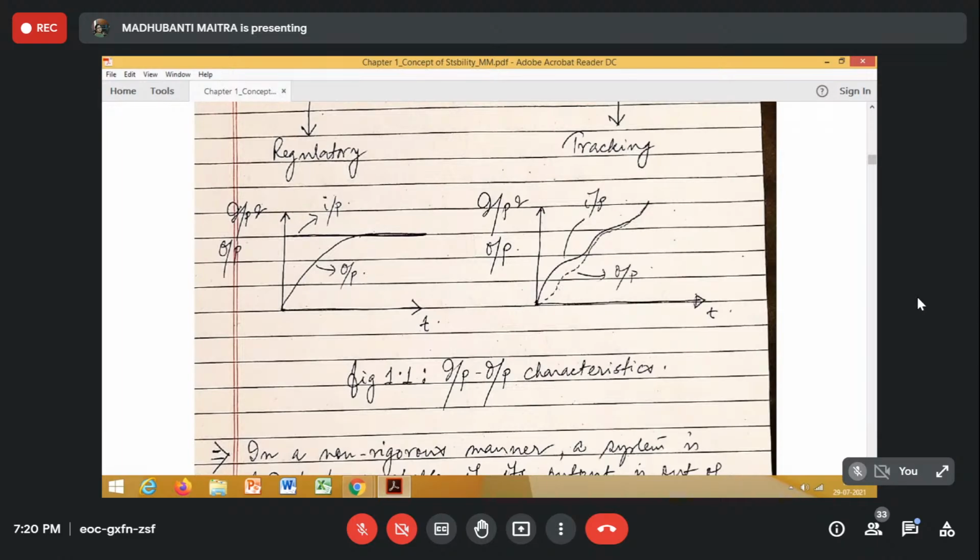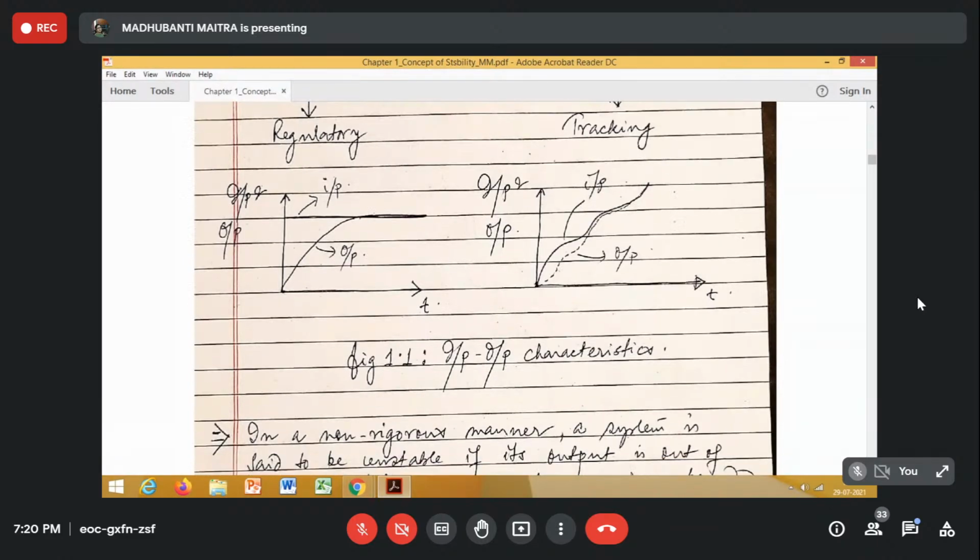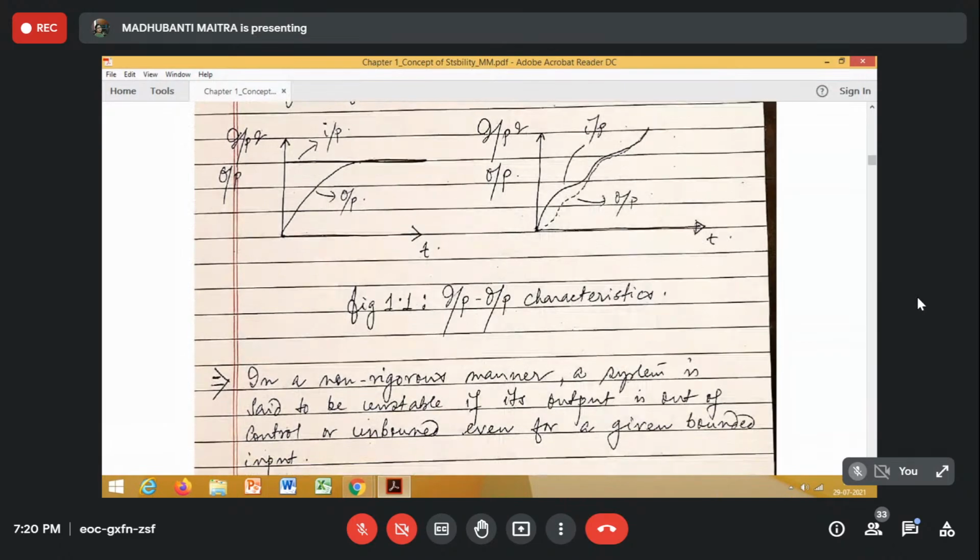So if we analyze this example, then from this analogy, we can argue intuitively that even an unstable system may break down, right? If the output signal goes on increasing and increasing, and if the output signal is unbounded,